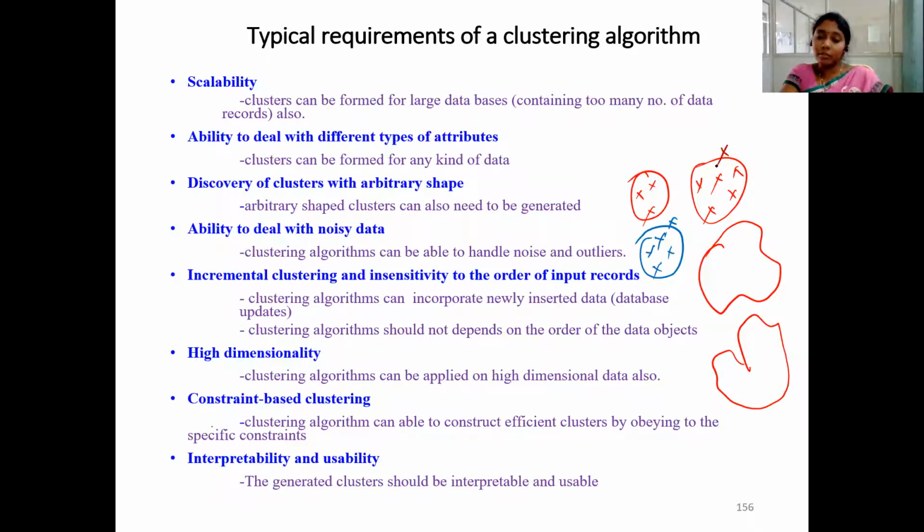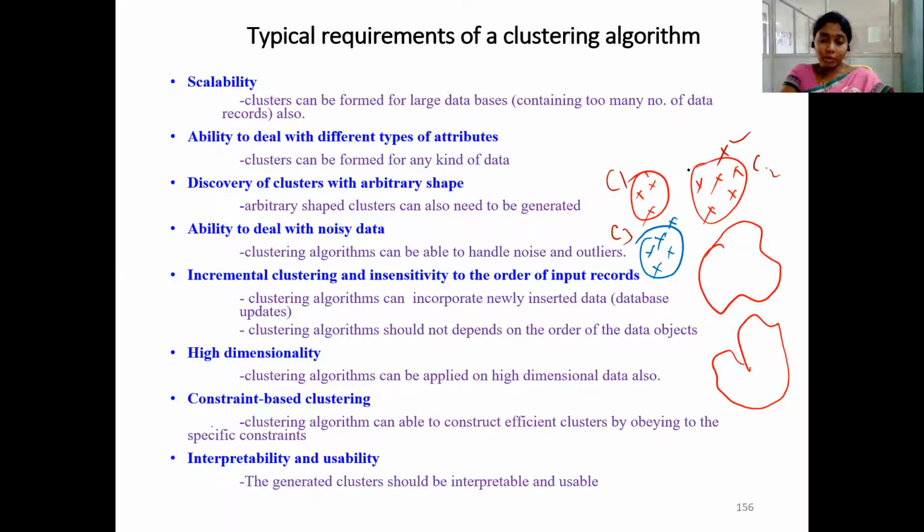Suppose we have something like this. Here, if you observe, this is cluster C1, this is C2, and this is C3. C1 is fine, right? Whereas in C2 and C3, we have one more point which falls just out of the boundary, right? That blue point actually belongs to cluster C3, and this red point belongs to cluster C2 actually.